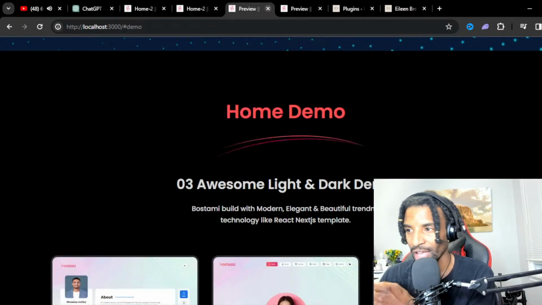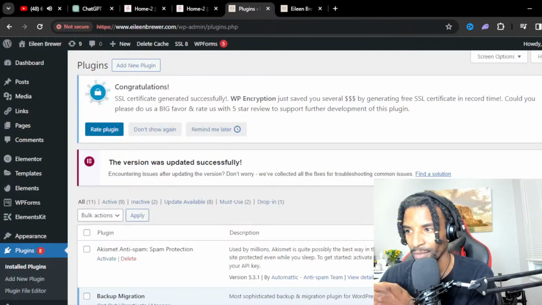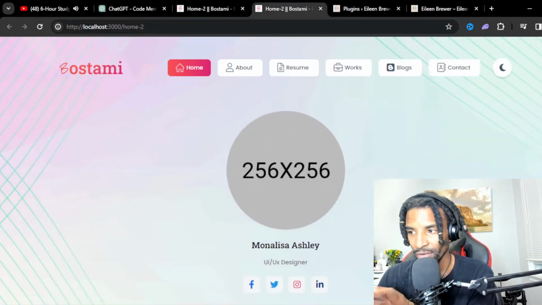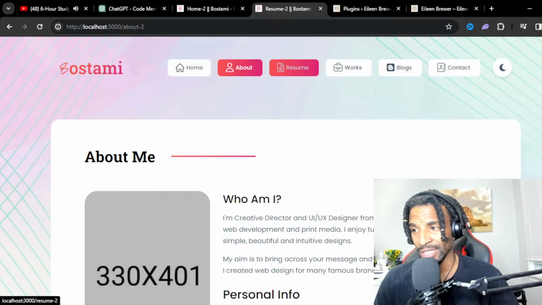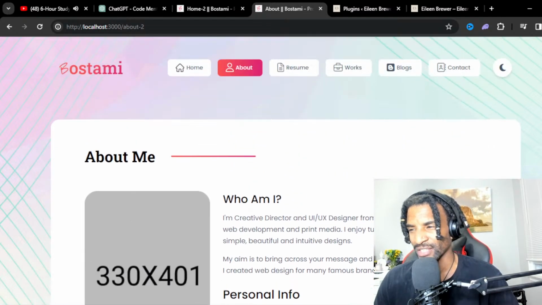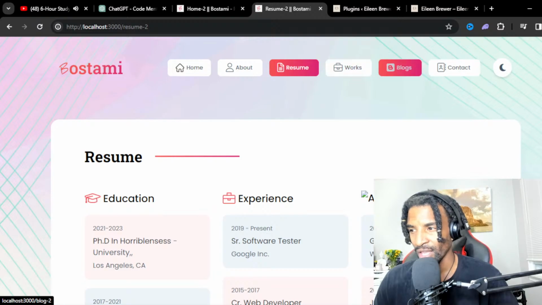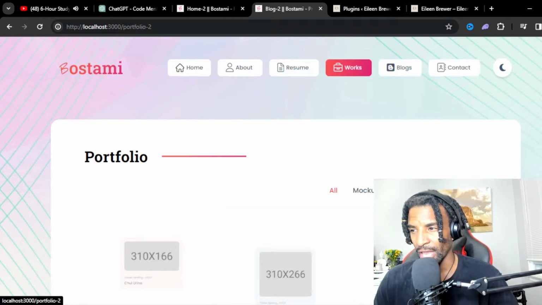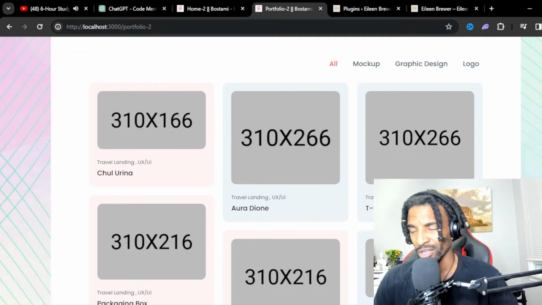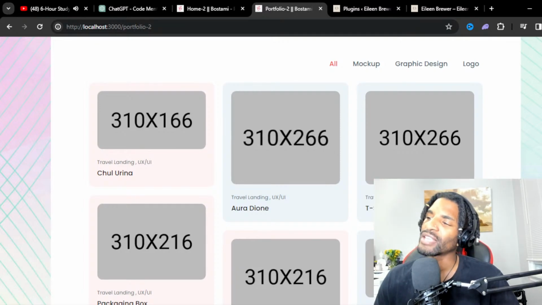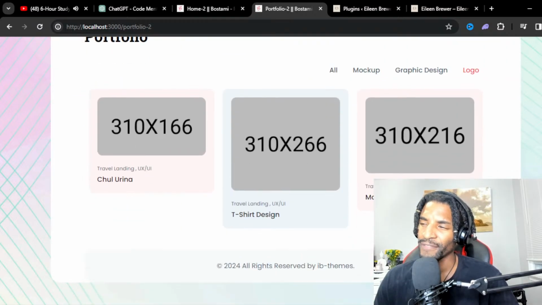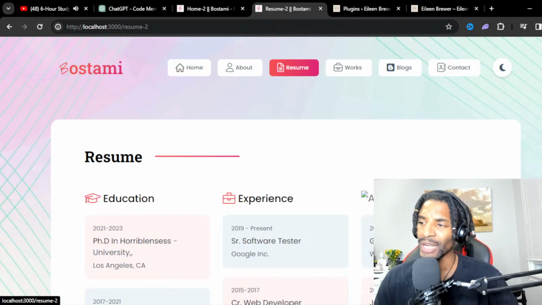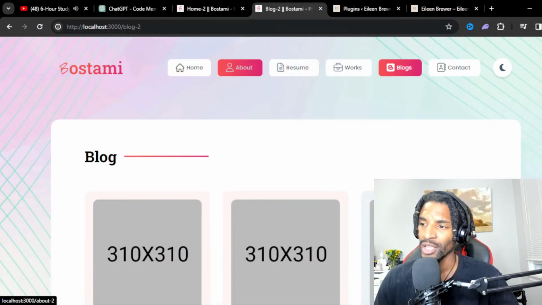wait, let me close some of these tabs. That one, that one, that one. Over to this, right? So all of the routes that she's going to need are here, and I'm actually going to remove some of these. Like I'm sure she doesn't want resume. I'll delete resume. I'll delete blogs. And I might even delete works, unless we're going to use this as like a. I remember she was saying something like go to her LinkedIn and get more stuff to put. So I'm going to leave that one, but I'm going to delete resume and I'm going to delete blogs, and it'll just be